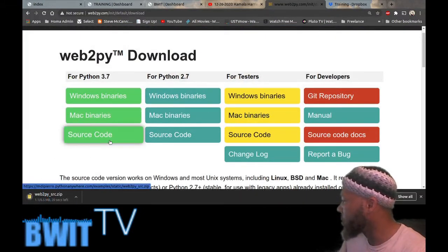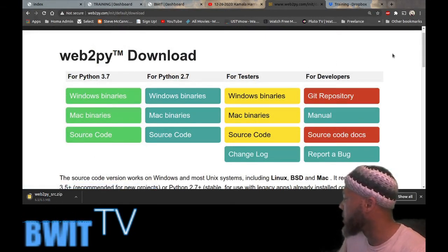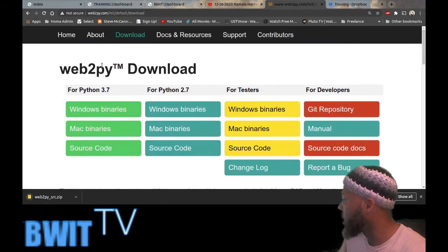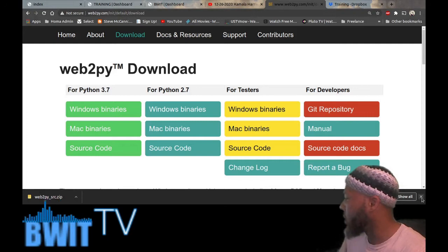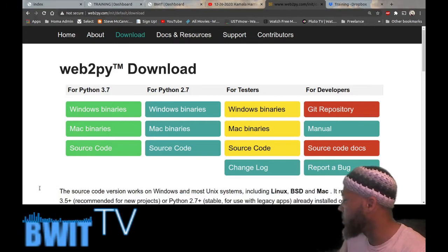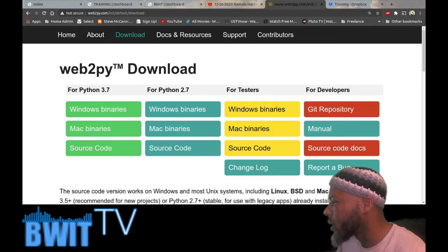I'm going to download source because I'm actually running a Linux-based kernel OS. I've already done this, but I just wanted to click for illustration purposes. So once you get that downloaded, navigate to where you have it downloaded to. It probably went to my downloads folder, home, and then right here, web2py source. You can extract it,